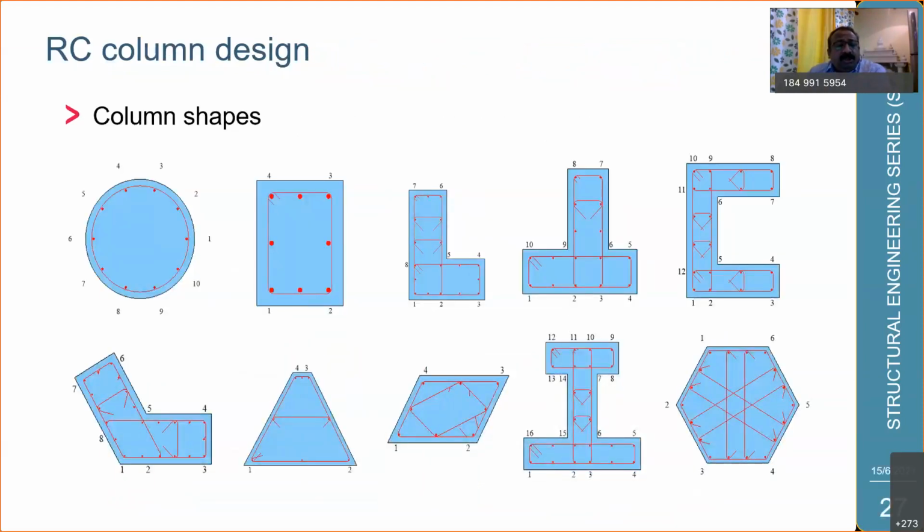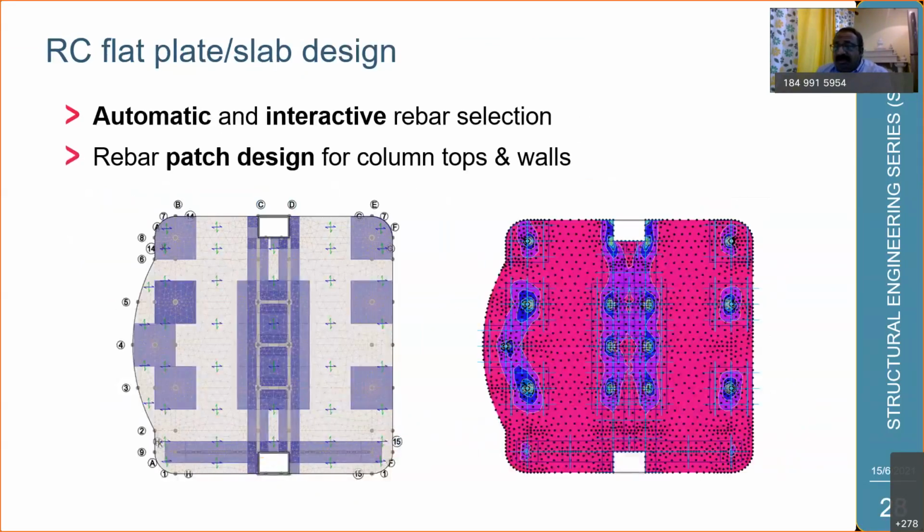And again, for the various shapes of columns, the circular, rectangular, L shape, T shape, C shape, one can do the design. And from time to time, the software developers are always adding new shapes in the tool. And going to the next, the flat slab designs. Starting from the simple flat slab with the drop panels, easily we can do the modeling. And the flat slab with the column heads, and with the drop panels as well as with the column heads, the various options are available using which one can do the design. That is possible. And